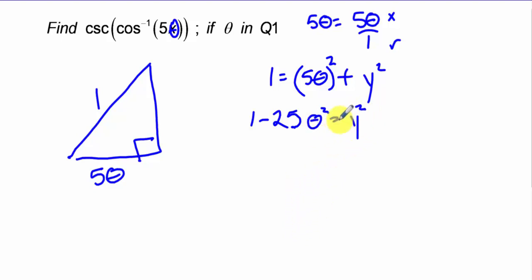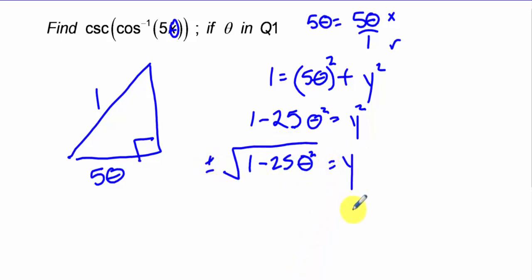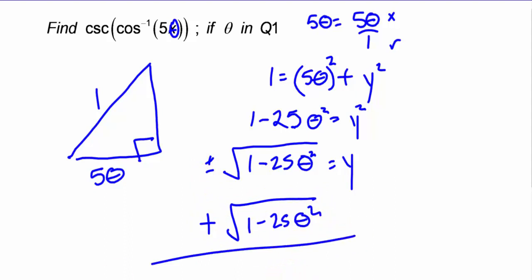And I want that y value, so just 1 minus 25 theta squared, square rooted, and we can say this could be a plus or a minus, but since it's in the first quadrant, I know it's strictly positive. So I have the square root of 1 minus 25 theta squared